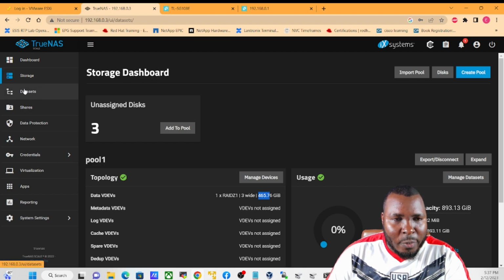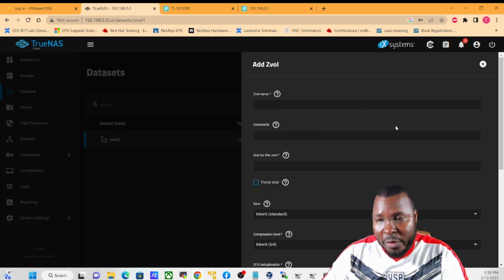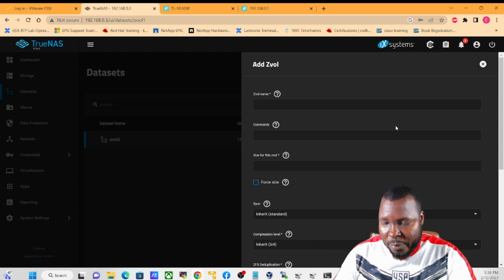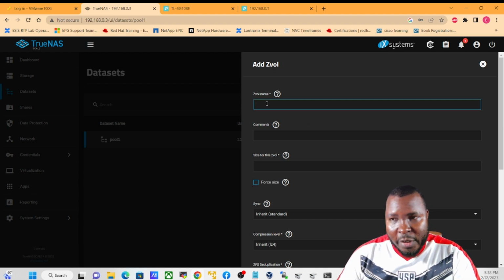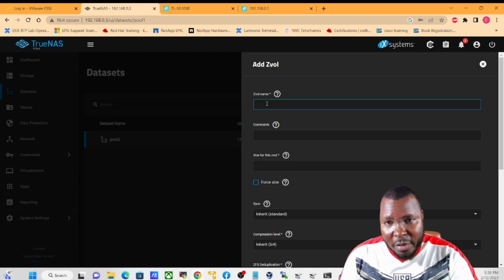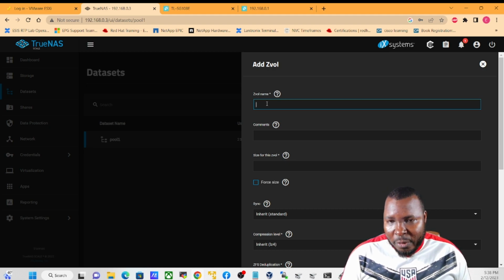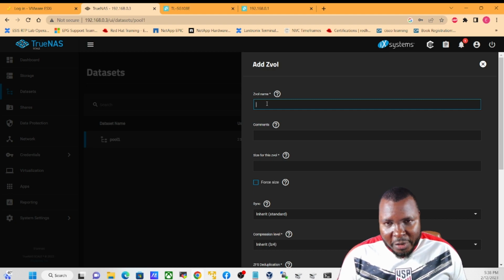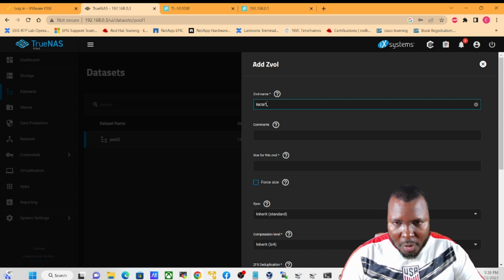Under pool 1, I'm going to move to datasets, and I'm going to create a ZVOL. A ZVOL allows you to create block storage, a block device that is going to appear to the client machine just like a hard drive, and you can share a ZVOL through a protocol called iscsi. So I'll call this iscsi1,